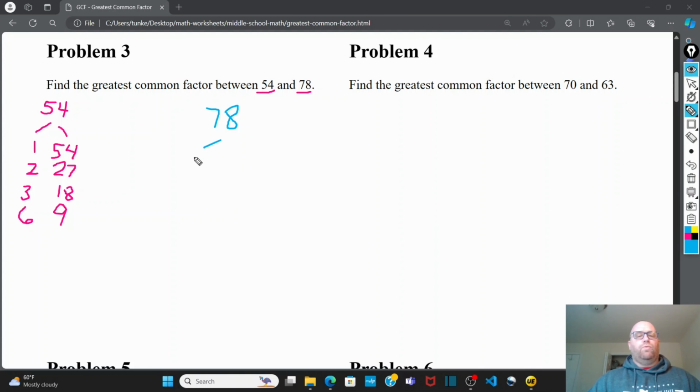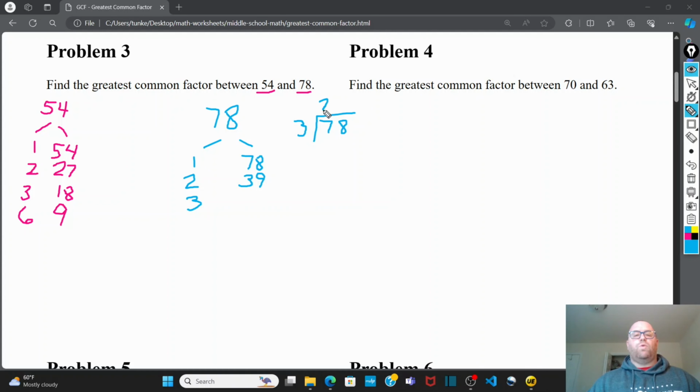So we could do 1 times 78. It ends in an even number, so it's divisible by 2. So 2 times, it's going to be 39. 7 plus 8 is 15, so that means it's divisible by 3. So if I divided 78 by 3,